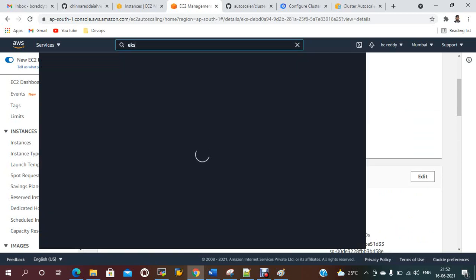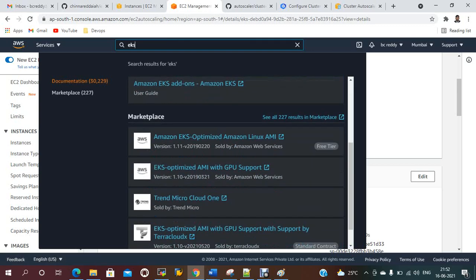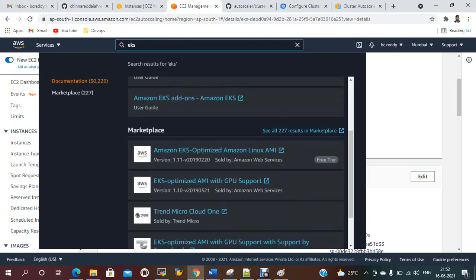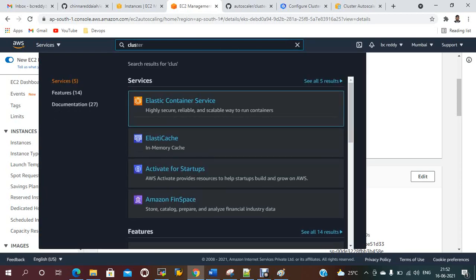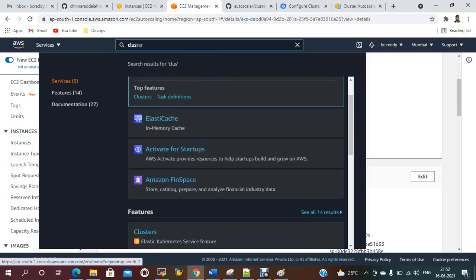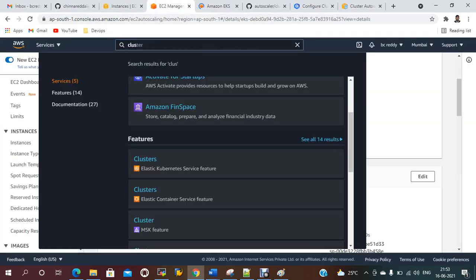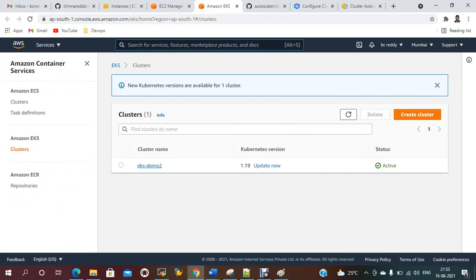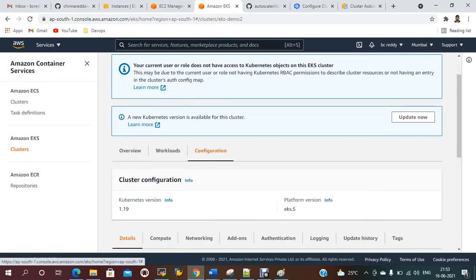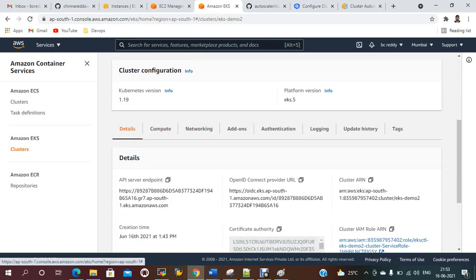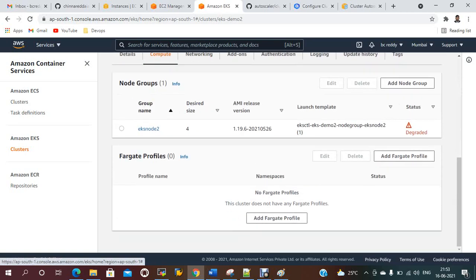EKS, go to clusters, EKS demo, configurations. Now it should be desired is 4.